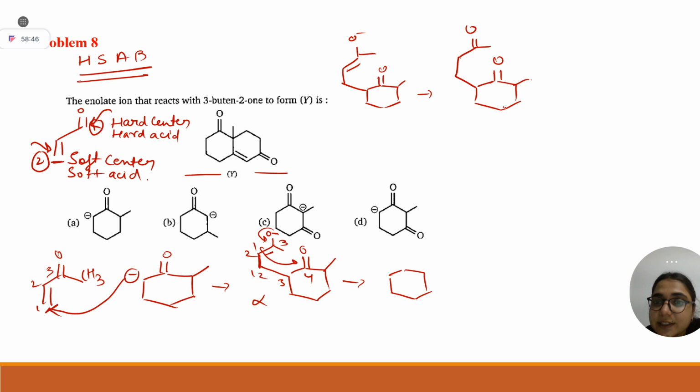Now again base is there in your medium. It will abstract proton from this side. Why not from this side? Because from here a 1, 2, 3, 4 member ring will form. That is not stable as per Baldwin's rule. So obviously proton will be abstracted from here, 1, 2, 3, 4, 5, 6, and you will get